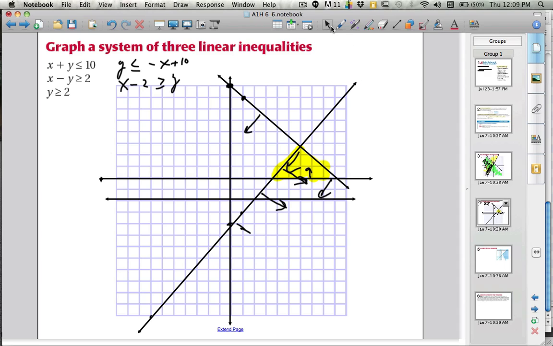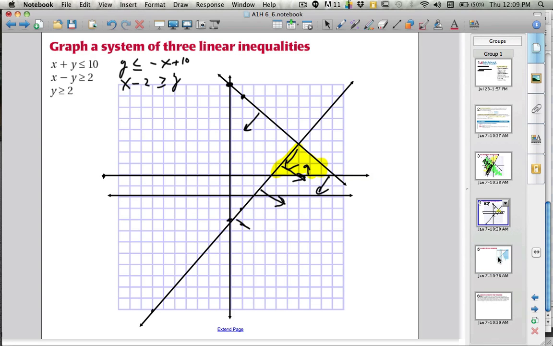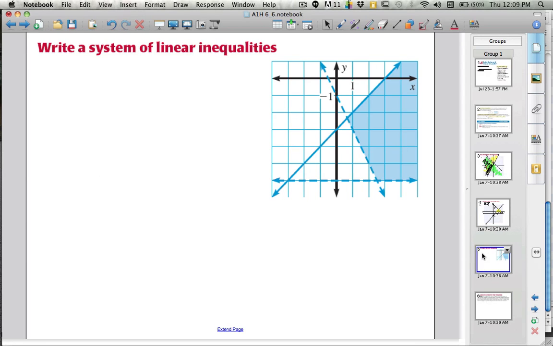Okay, so let's take a look at another example. So just as I have taken equations and created the graphs, I can take the graph and create the system. So we had a system of linear inequalities in the last problem, and we graphed them. And in this problem, we're going to take the graph and we're going to write the equations. As we look at this graph and we try to write the inequalities that will make this system of inequalities,